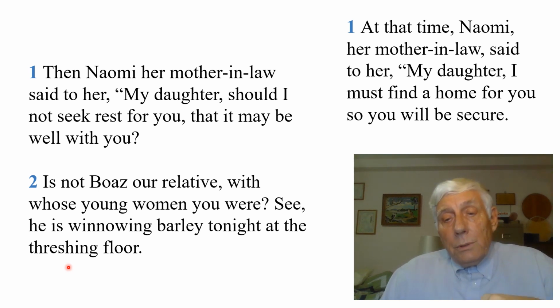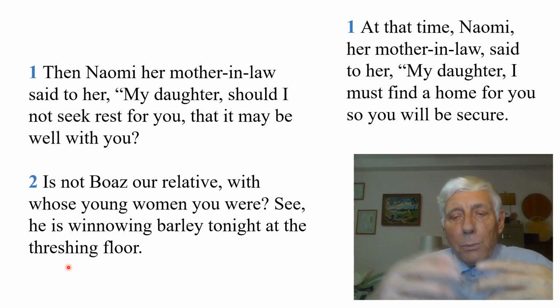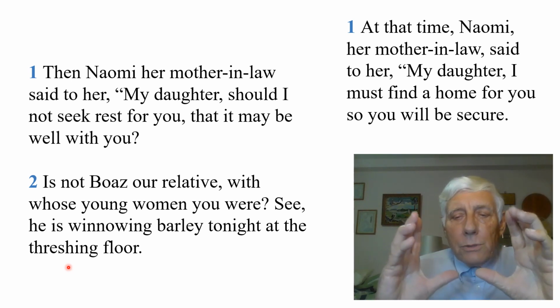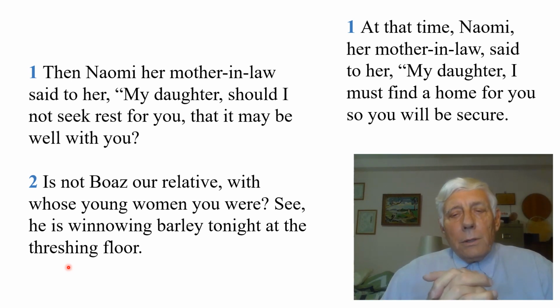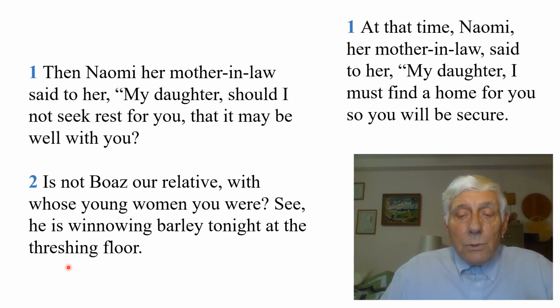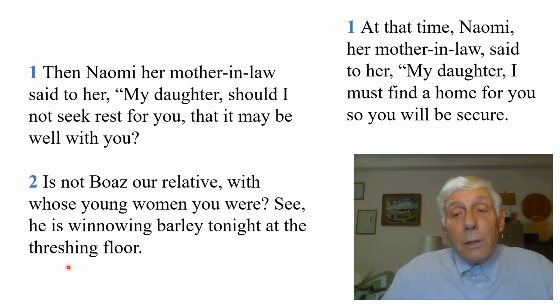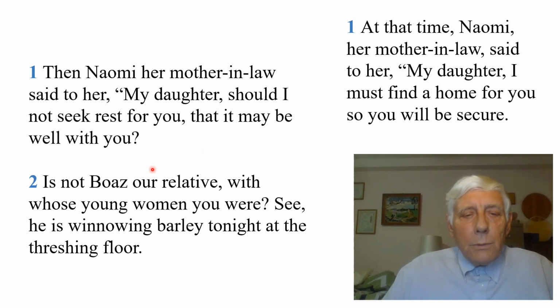In a sense, when Naomi here sends Ruth over to the threshing floor, it's like saying it's decision time. Something has to be decided at this point. The chaff has to be separated from the grain. So Naomi sends her there, and Ruth decides beforehand she's going to do exactly what Naomi is saying, and Boaz then has to make the decision whether he'll be the redeemer, the honest relative, or what's going to happen. And of course, the story moves forward, and we understand.